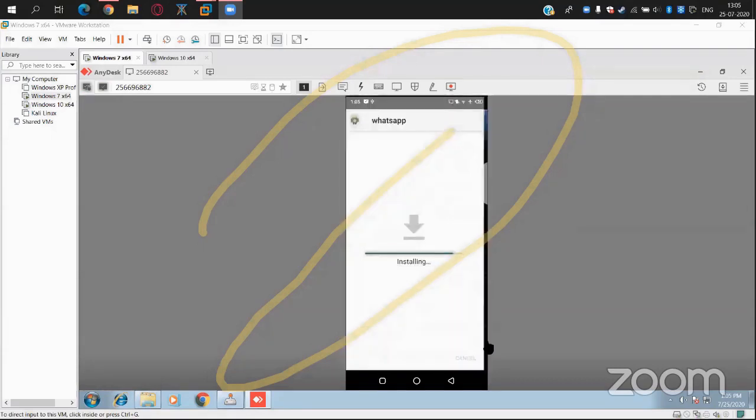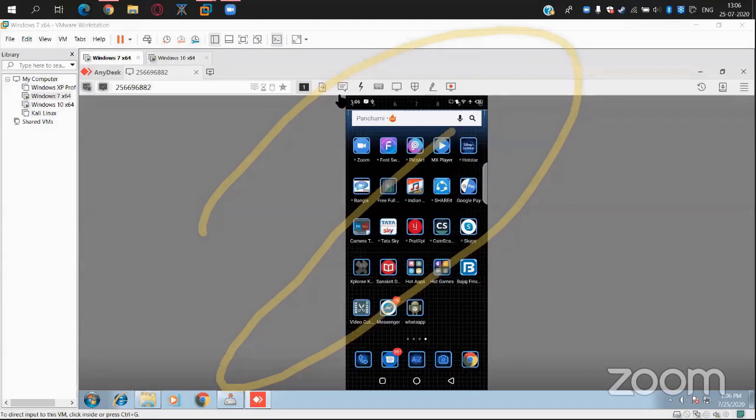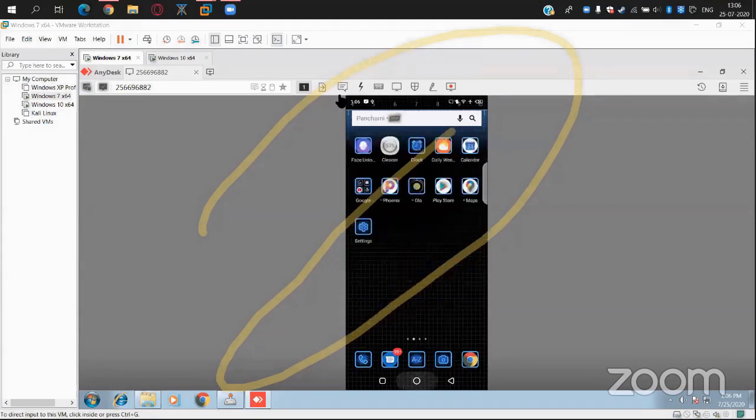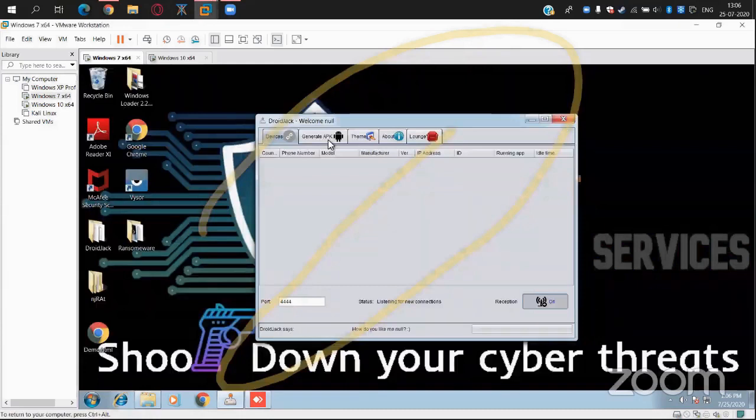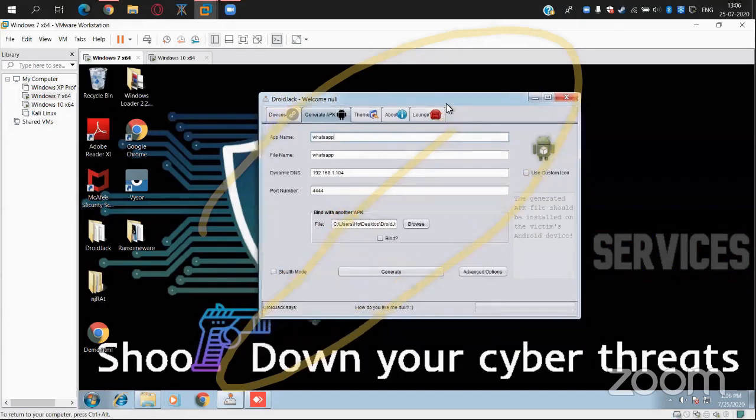But the people are curious how we can simulate this attack over the internet. We're doing it on the same network, right? Yeah, that's exactly what they are asking. Suppose you are at home, and I'm right now in the office. So we are not in the same network, right? They are asking how you can hack me this way. Simple. I'm going to use ngrok, like you used before for the phishing attack. I'm going to create the IP, and instead of using the private IP here, I'm going to place the link here.